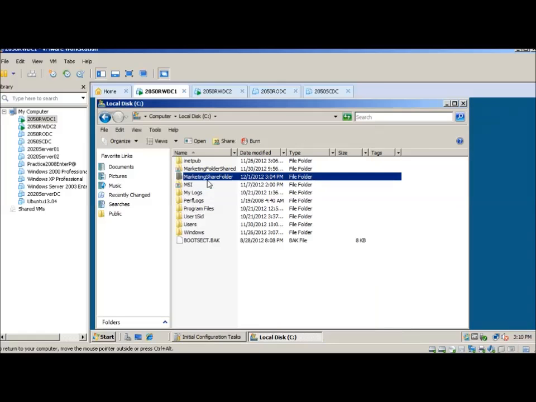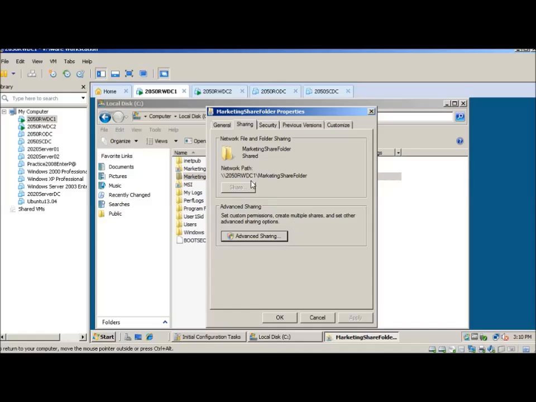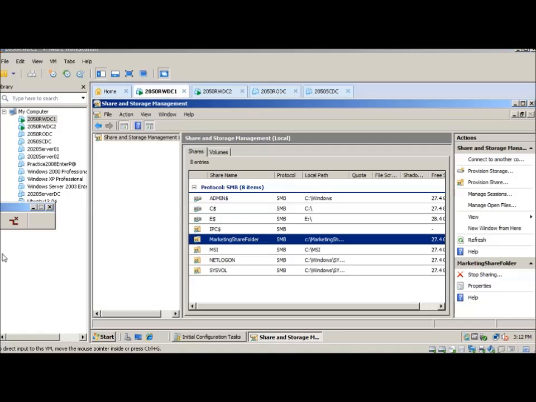Say OK. Why is this not showing shared? I thought I deleted this. We created a marketing share folder. We just could give it a share, make sure we got that thing shared. Oh, I didn't publish it there when I went to the marketing and share. I went back into the shared storage manager, and I took that other folder I had earlier created. I'm going to stop sharing and delete that folder, but this is our folder we want to share, our marketing